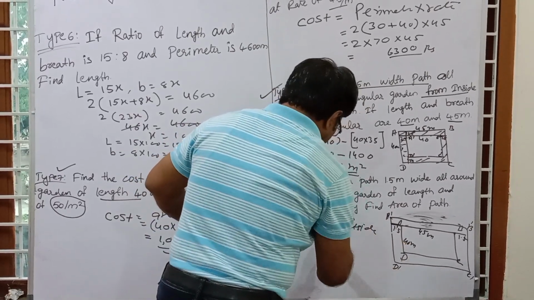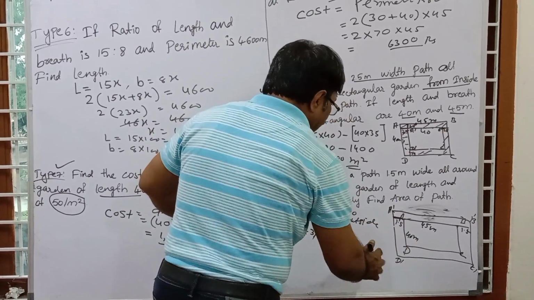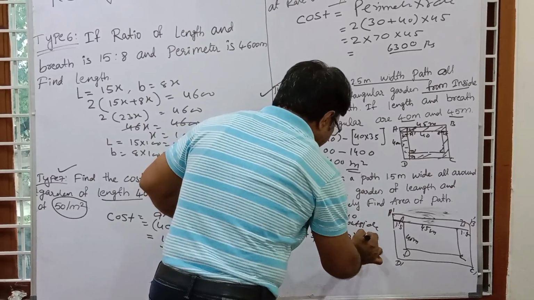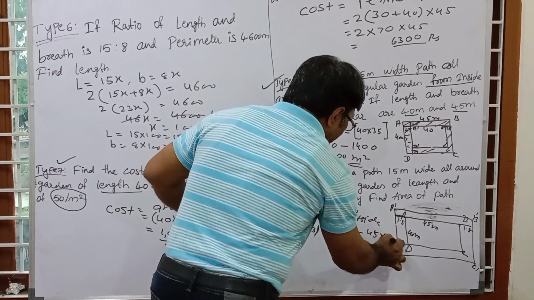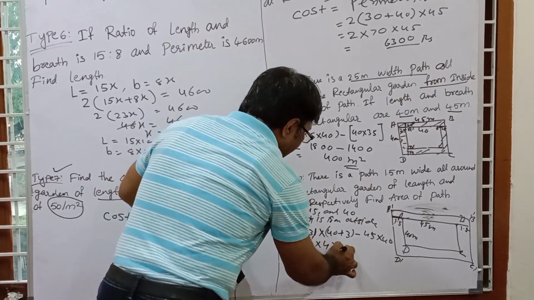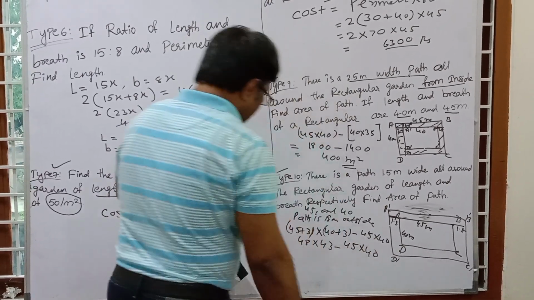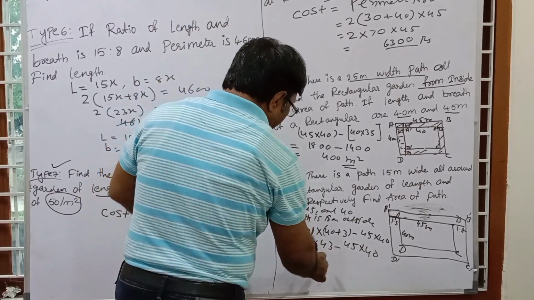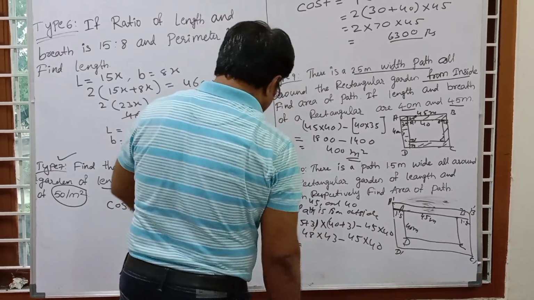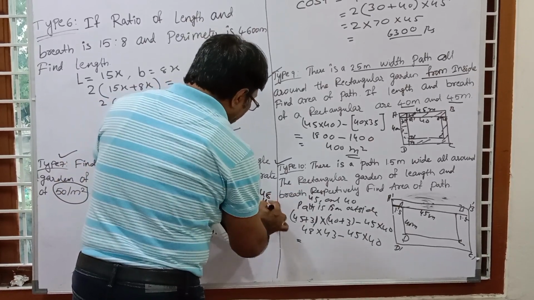Again this is 40, and this is 1.5, this is 1.5. So this becomes 40 plus 3, minus 45 into 40. So this is 48 multiply 43, minus 45 into 40. This is my right answer. You can multiply these numbers in many different ways, but go for the simple way.